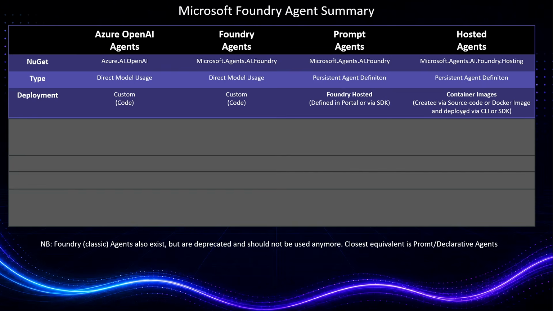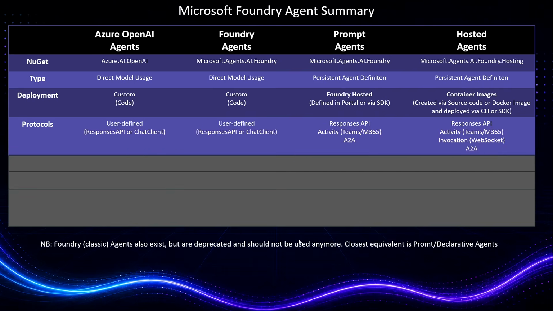Hosted agents are put into container images. So you create them either via source code, that we saw, or you can make some Docker images and then use the Azure CLI in order to send it up into the portal by itself. I've heard there's some bugs, and when I researched this a couple of months ago when it was very new, it also didn't work. So there are some issues there, but the source code, as we just saw, definitely works. But there are some container images, and that will also induce some extra cost, which we'll talk about at the end.